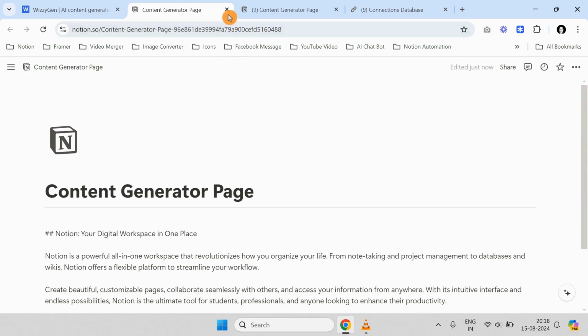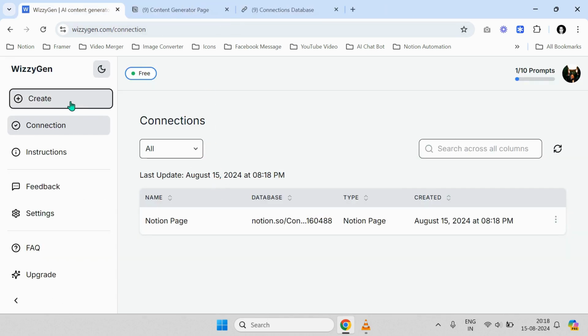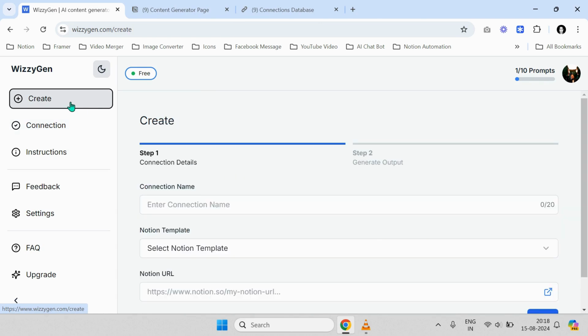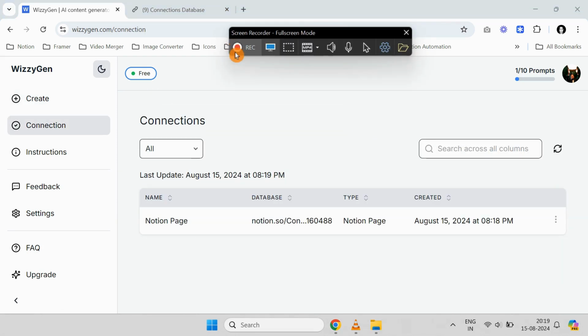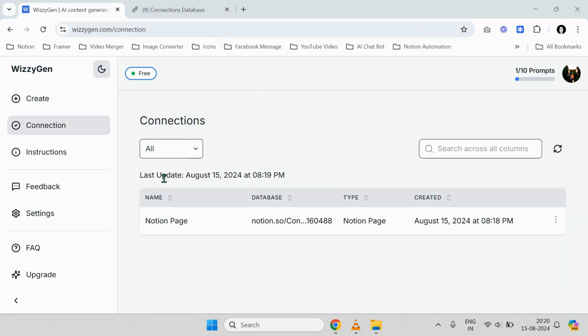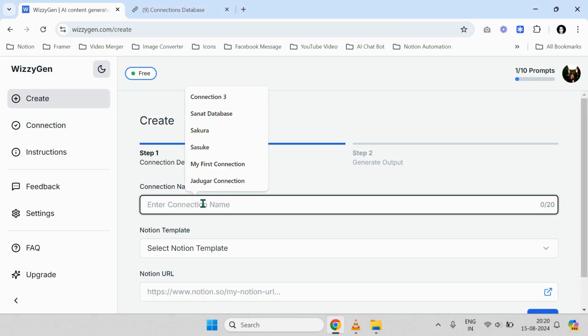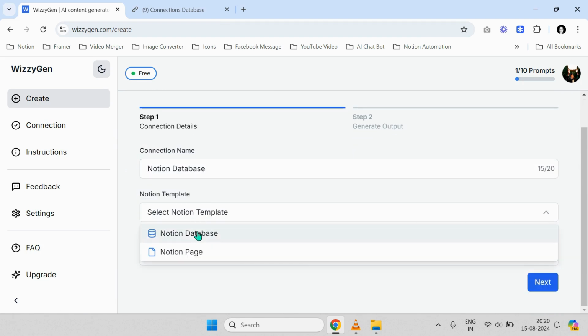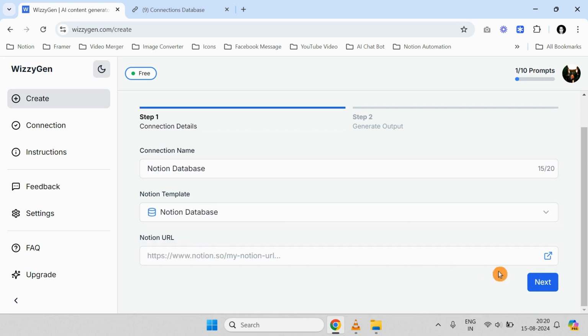Okay, so now let's jump back to the create and create a Notion database connection to see how it creates AI content on a Notion database. So once we have created the connection for the Notion page, it's time to test out the Notion database. So let's click on create once again, and I'll put Notion database over here, and then I'll select Notion database from this drop down. And what I'll do is again I'll click on this link to see the sampled Notion